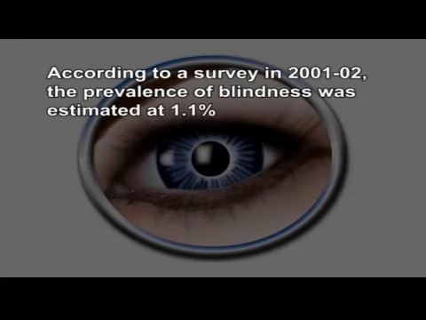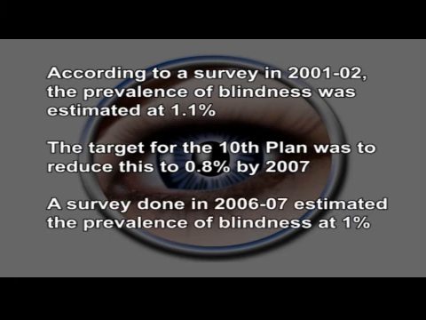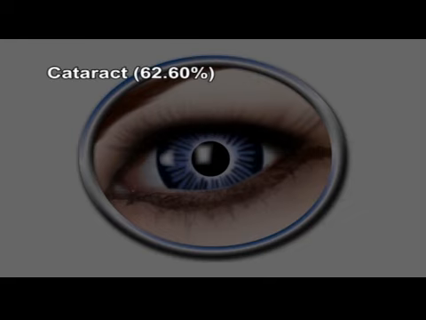According to a survey in 2001-2002, the prevalence of blindness was estimated at 1.1%. The target for the 10th plan was to reduce this to 0.8% by 2007. A survey done in 2006-2007 estimated the prevalence of blindness at 1%. The main causes of blindness in India are as follows: cataract 62.60%, refractive error